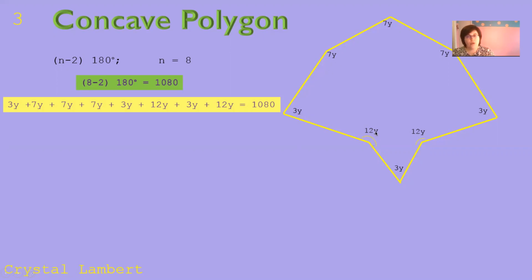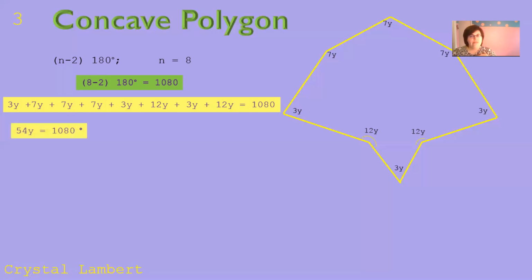Here we have 12 times our variable y. So we need to know this 1080, how many do we need to divide that by to get what y is? That's what we're trying to figure out, what y is, because we know whatever our variable y is, this angle is 3 times that. So when we add all of our y's together,